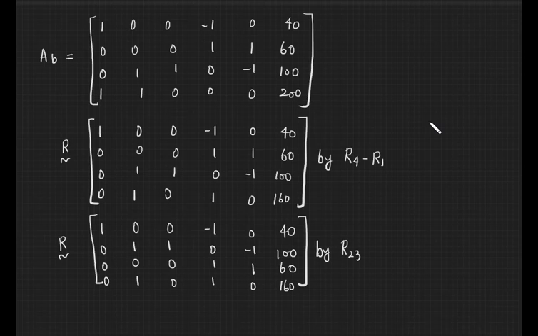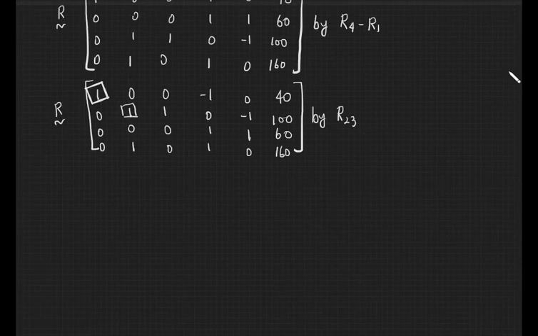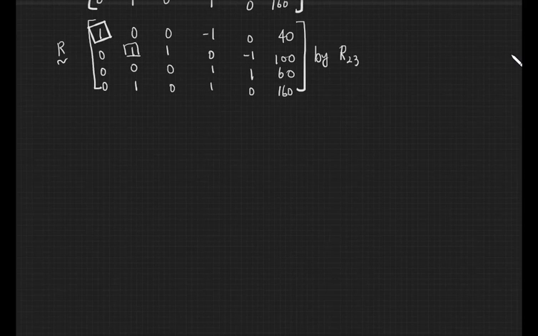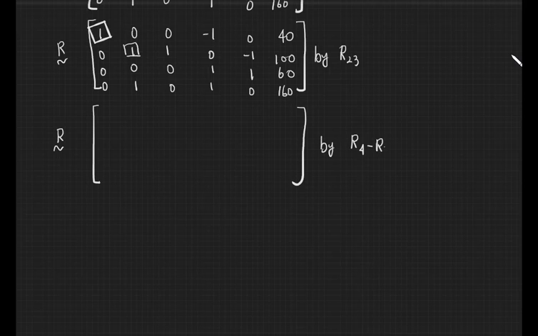Fine. Now this is the pivot element of the first row, this is the pivot element of the second row. So we need to make all the elements below that leading element 0. So this 1 should be made 0 by applying the elementary row operation R4 minus R2. So the next matrix which I will get is a row equivalent matrix of the previous matrix by applying the elementary row operation R4 minus R2.